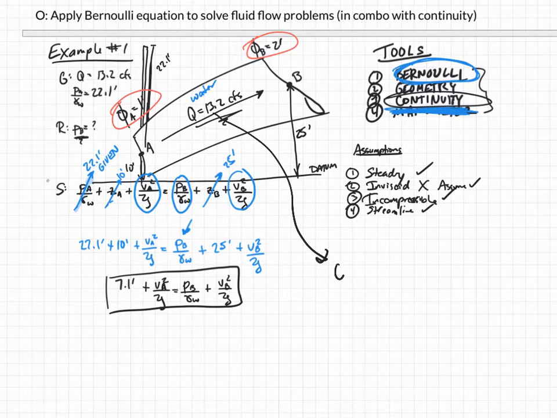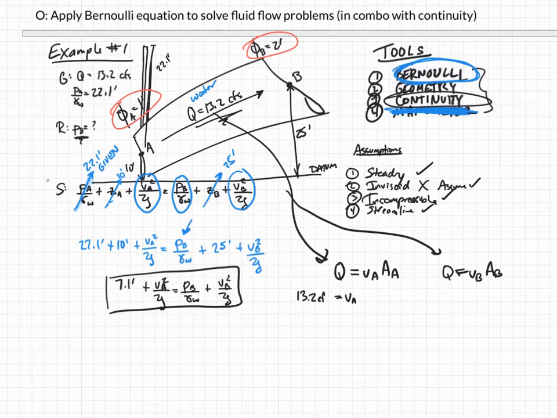The continuity equation in this case is fairly straightforward because it gave us Q. So I can use that Q, and I can say that Q equals VA AA, so the areas. Similarly, I can do the same at location B, so Q equals VB AB. So Q equals VA AA. VA is what we're looking for, so we can plug into the Bernoulli. We don't really want Q, we want 13.2 CFS. AA is pi times that diameter, 1 foot, squared on 4. And we solve for that: 16.81